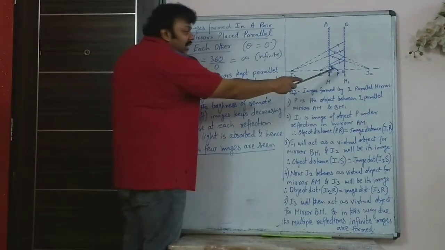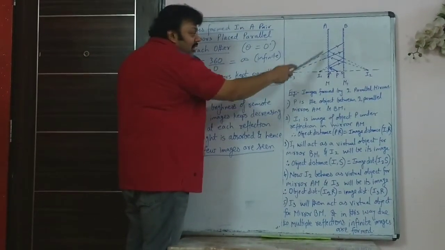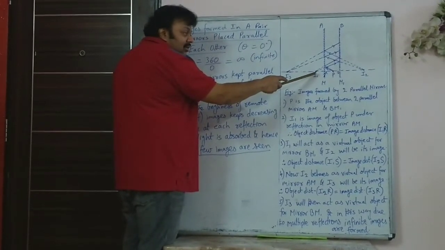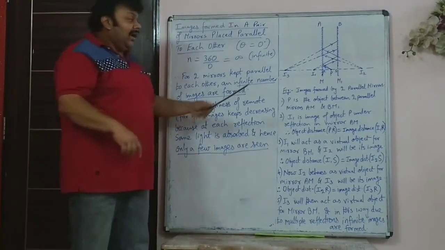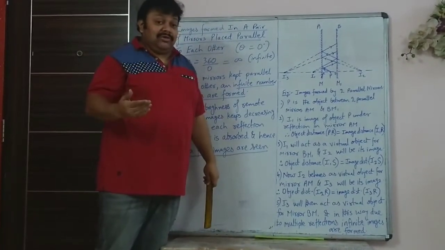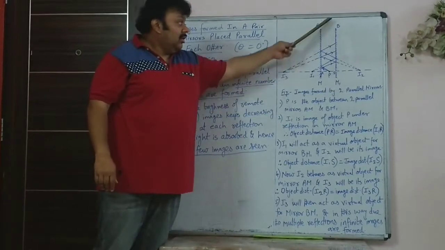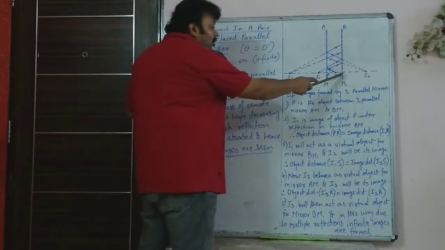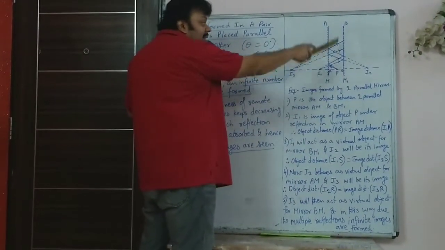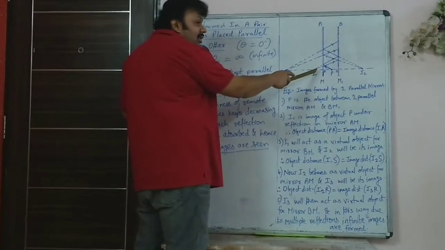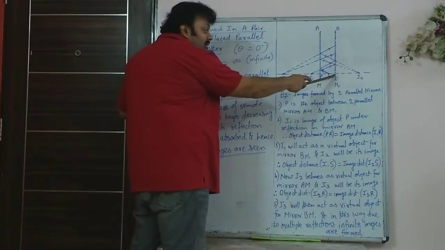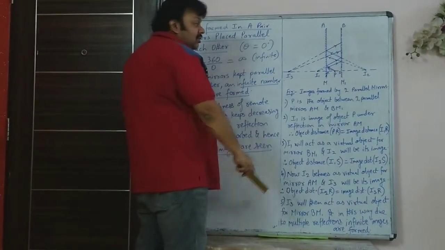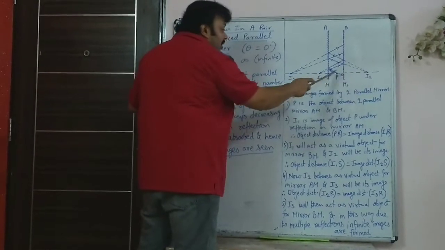So you have shown two rays from object P to mirror AM, which is reflecting those rays, and they appear to come from I1. So now I1 is acting as a virtual object for the other mirror, BM1. So the object distance is now I1 to S. When you are considering mirror BM1 with I1 as virtual object, I1 to S is the object distance. So at the other side of the mirror at an equal distance, I2S will be equal to I1S.